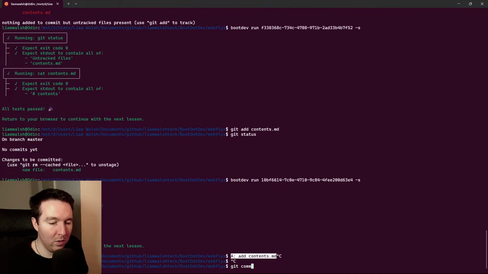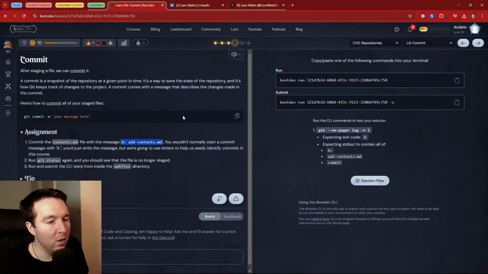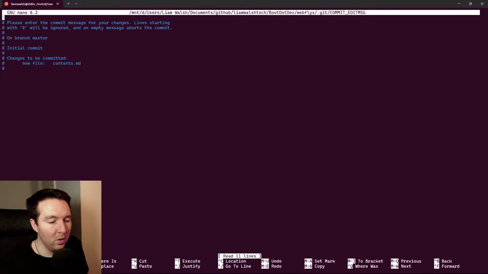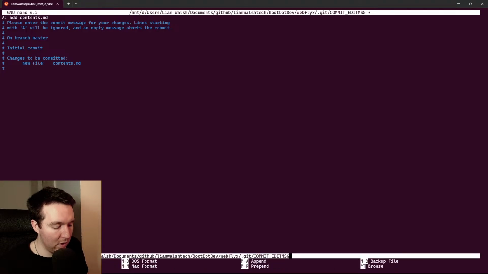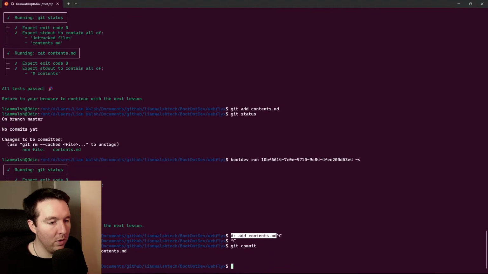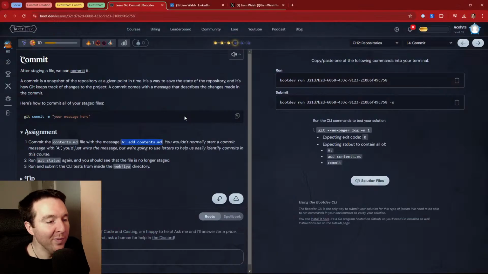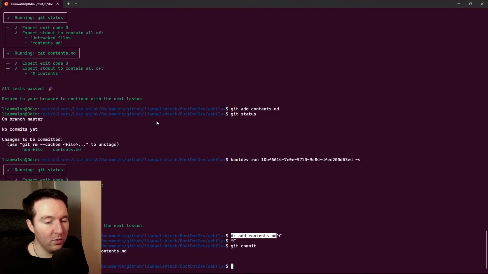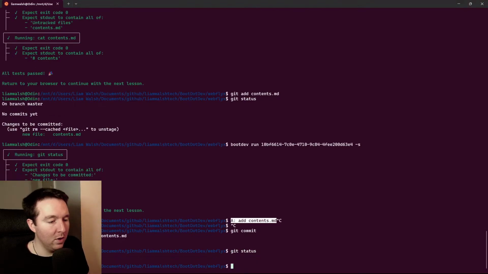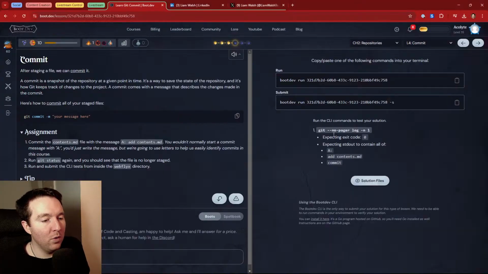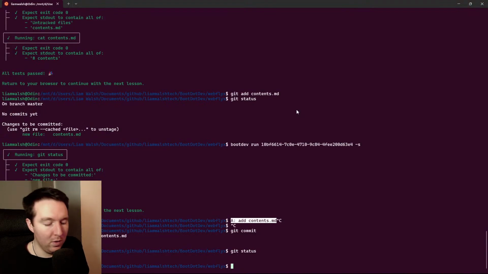Git commit, and then you do that. Then write out and quit. Run git status again. You should see the file as staged in git status. Okay, and then run the CLI commands.